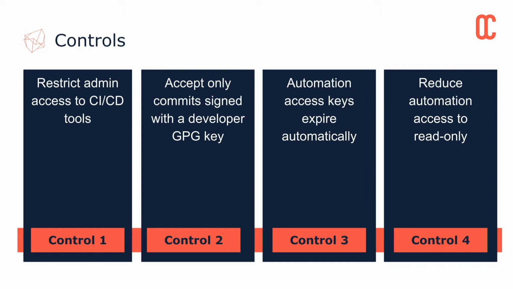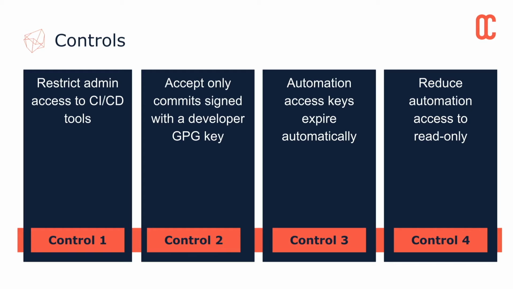Then in control 3, we check if deployment keys are expired. That allows us to have a short window of attack if the keys are compromised. Then in control 4, we check if the keys are read-only to prevent them from making any changes to the